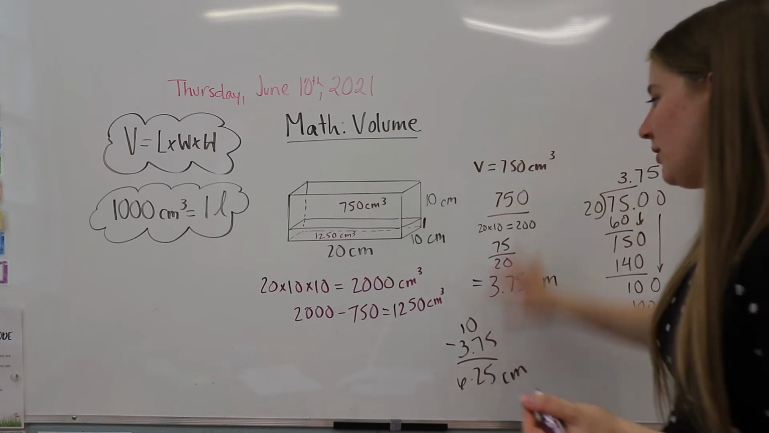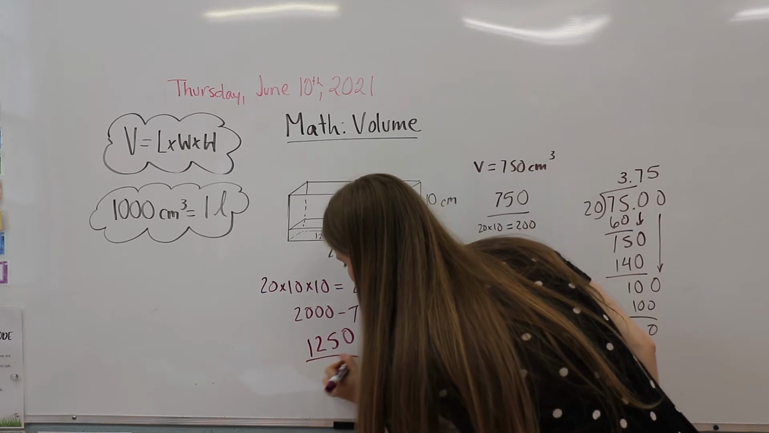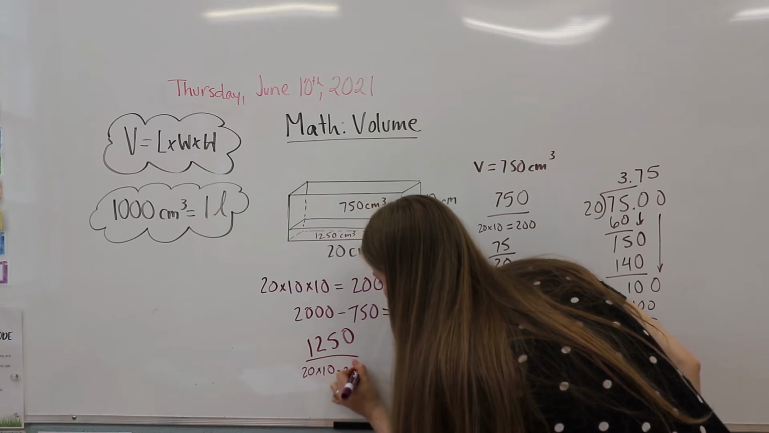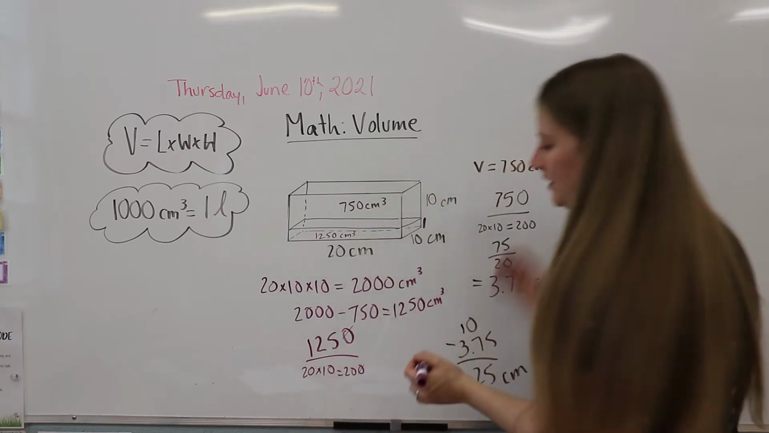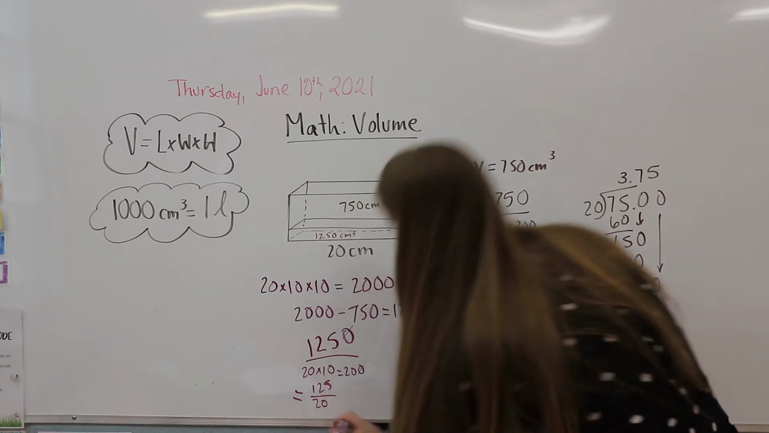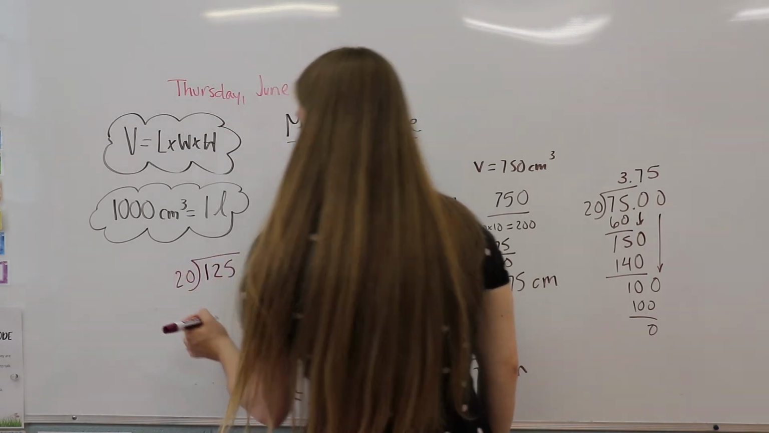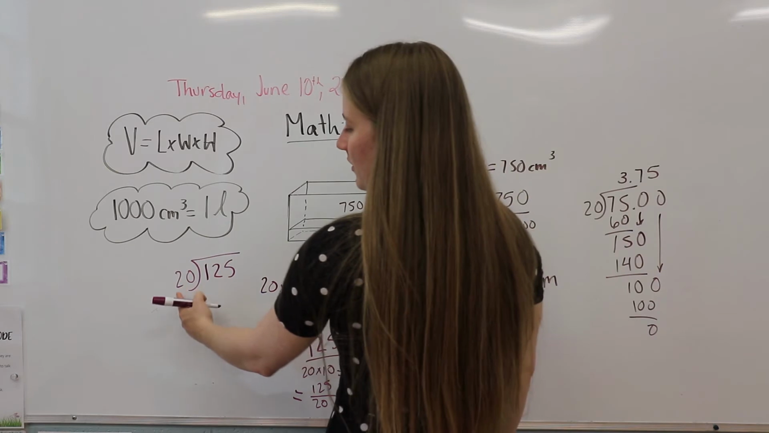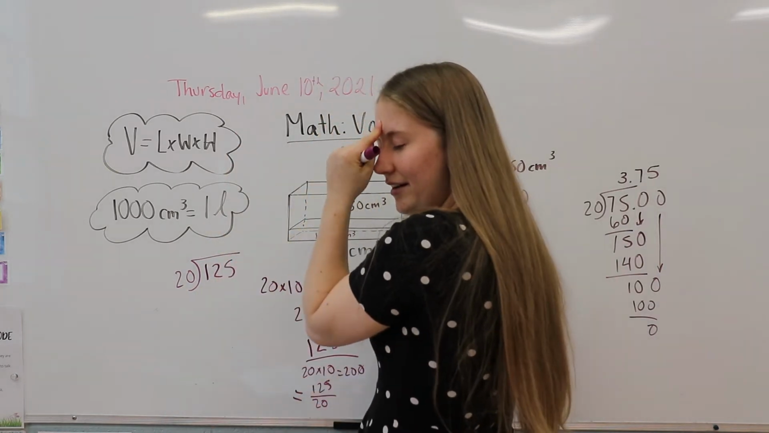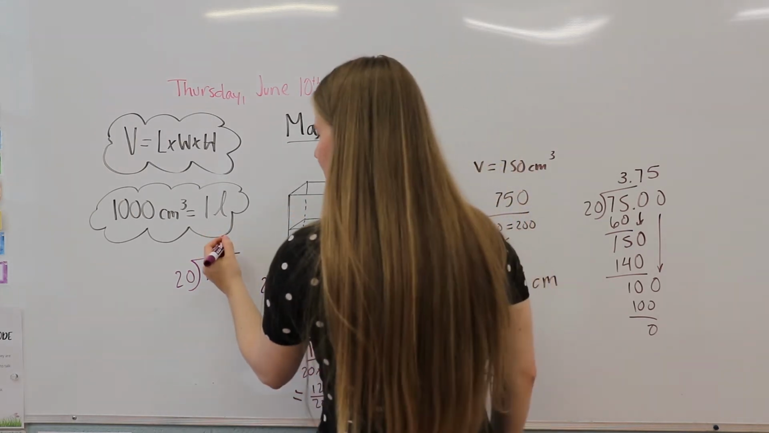And now we can go through this process with 1,250 as our volume. So we have 1,250 over 20 times 10, which equals 200. We can knock off a 0 from each, and it's going to give us 125 over 20. And we'll do our long division again. Obviously 20 doesn't fit into 12, so we'll start by looking at it as a whole, and we can use our mental math. We can go 20, 40, 60, 80, 100, 120. So it fits in 6 times